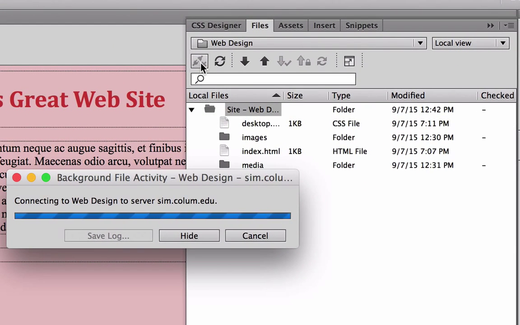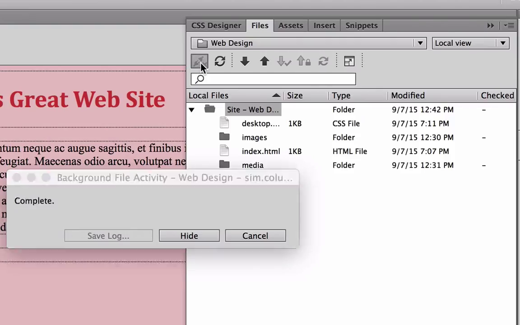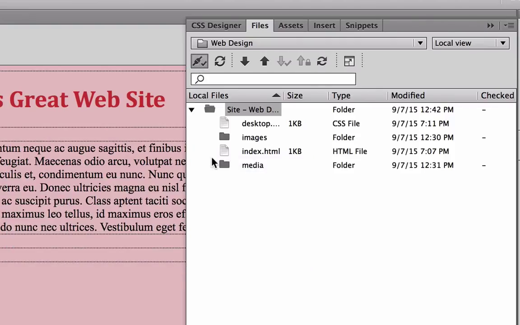And if I've set up my server correctly in the PDF tutorial 1.3 from this course, and you connected successfully, then you should be able to connect. Once it's connected, you can see it's gone dark here. The plugs are connected. Make sure that you select the very top folder in this Files panel area so that you upload your whole site. And then you click on the up arrow,